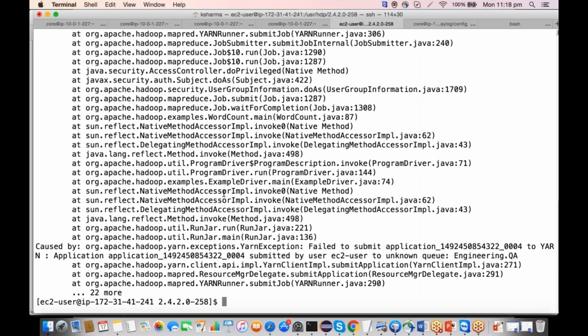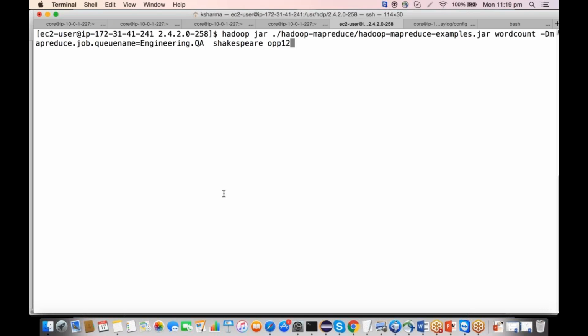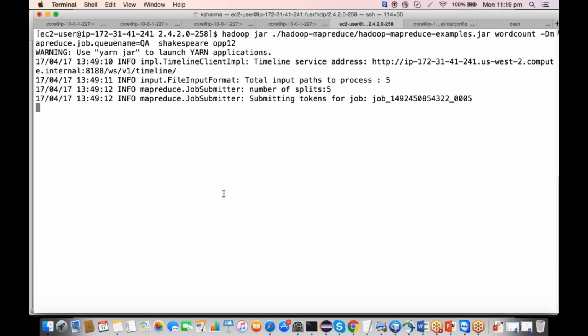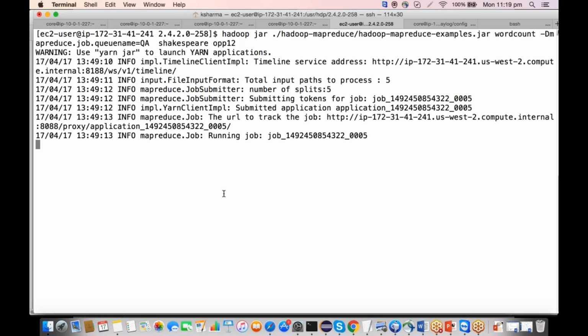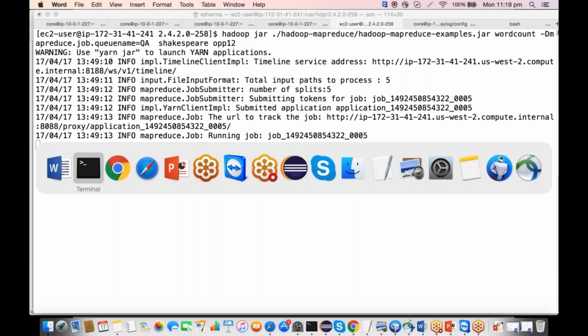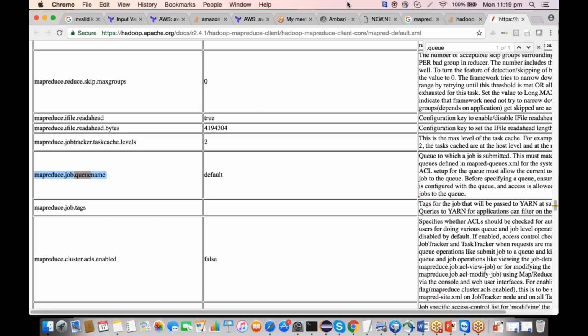Unknown queue engineering.qa. Okay, then it has taken. That gives just QA. Not sure it should work like this. Yeah, it has now submitted. Now we can go to our